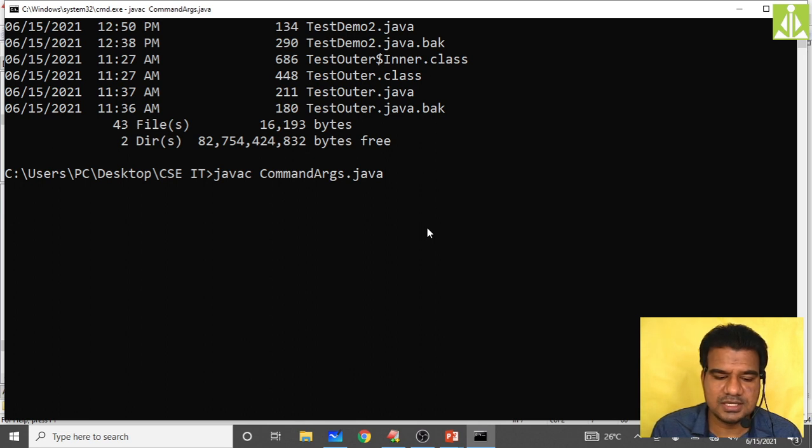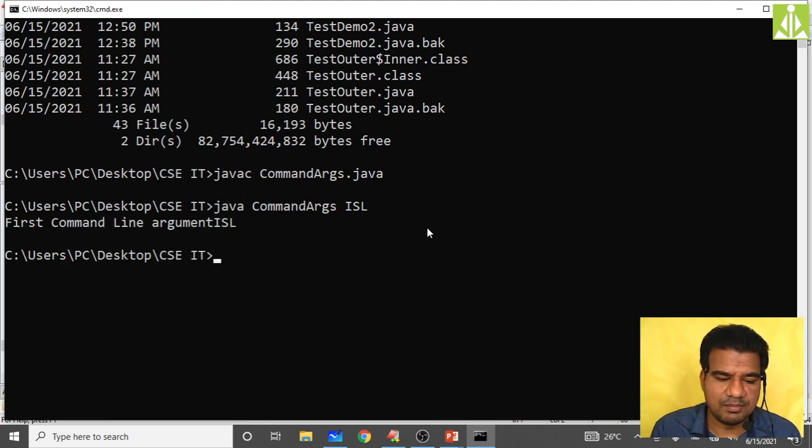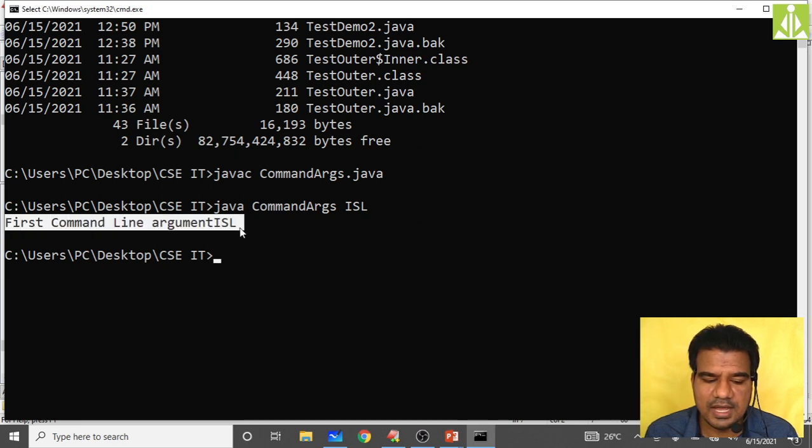This will compile successfully. Then execute, java space CommandArgs, and for the first command line argument I'm giving ISL. When I hit enter, it will print first command line argument ISL. It is reading ISL and printing it.